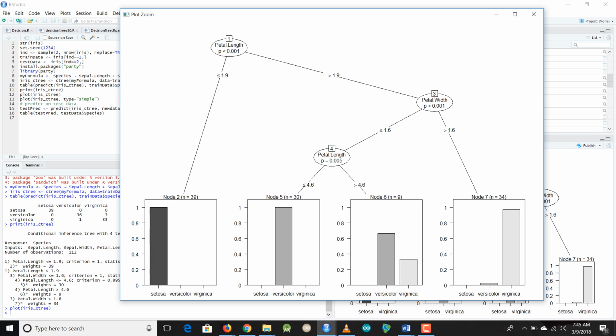And when the petal width is greater than 1.6, then we have 34 nodes in which one is wrongly classified as versicolor, and the rest are all classified correctly under virginica. And you can see it in the